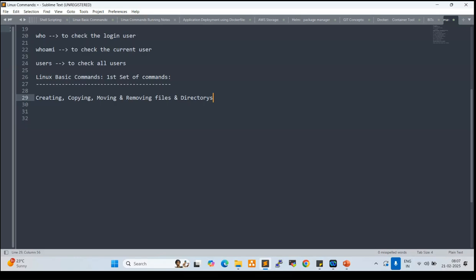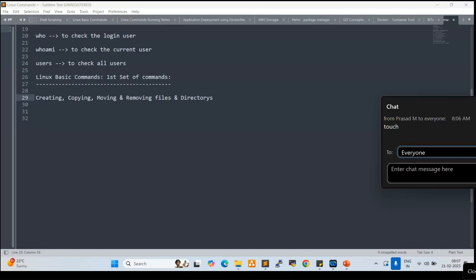For example, if you want to create any file, how can we create the file? Anyone, real time guys? If you want to create any file in Linux, what command do we use? mkdir is for creating a folder, a directory.